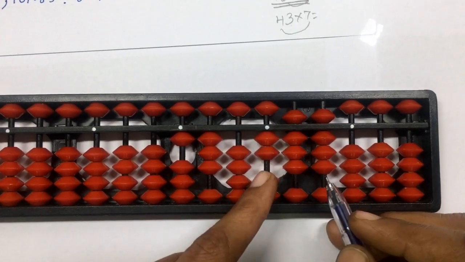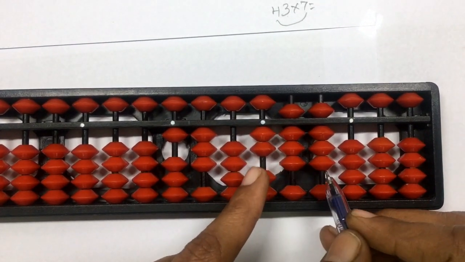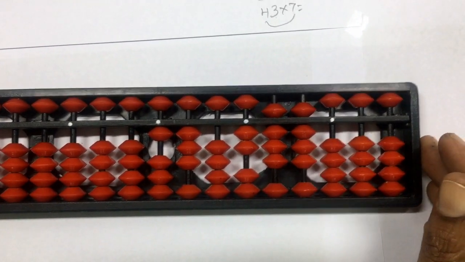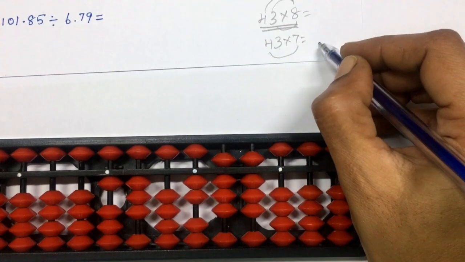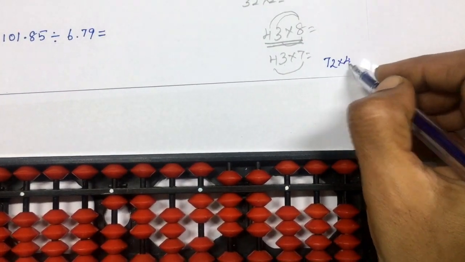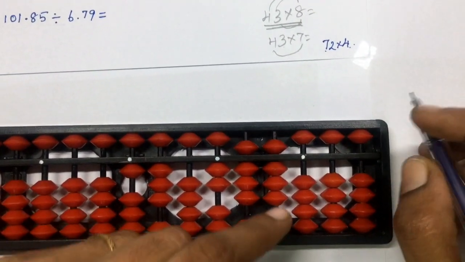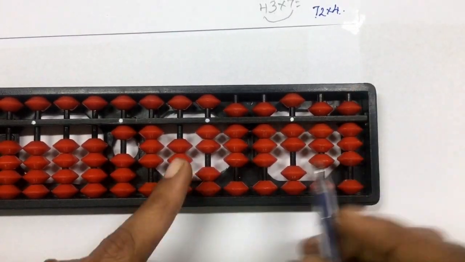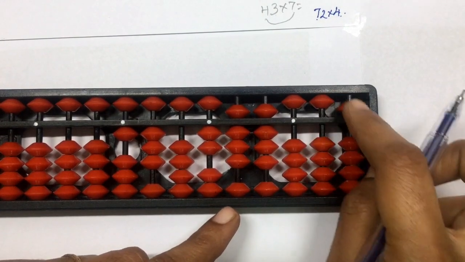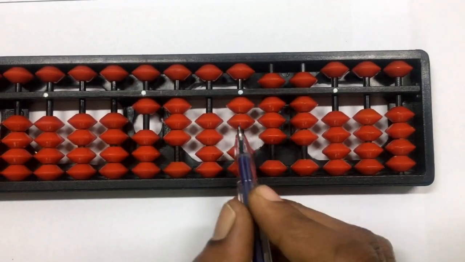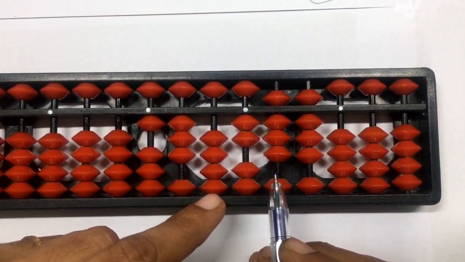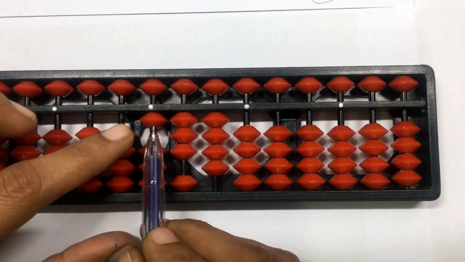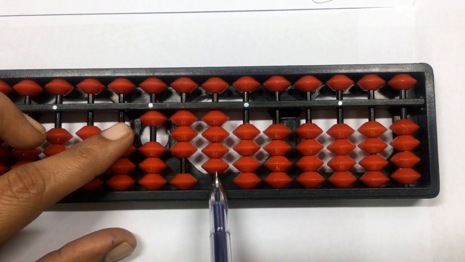Now the next dividend is 288. Divide 28 by 7. We'll be getting 4 times. So we can try 72 into 4. So the answer is 7 4s are 28, 2 4s are 08. We got the answer. From here, jump 2 rods. Set the quotient as 4 here. Answer is 1.34.